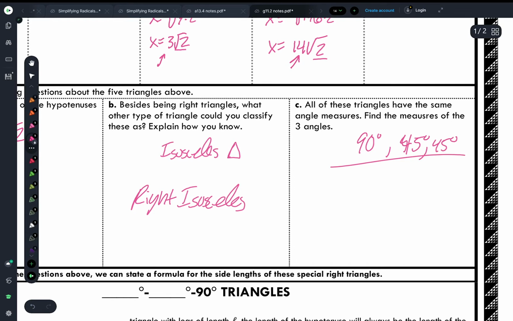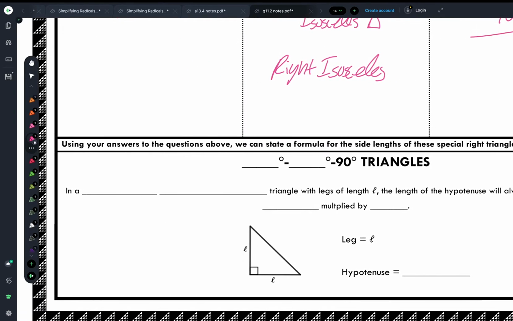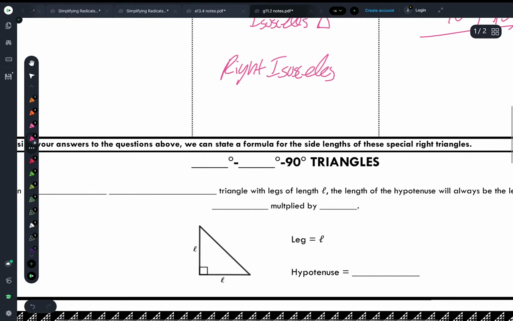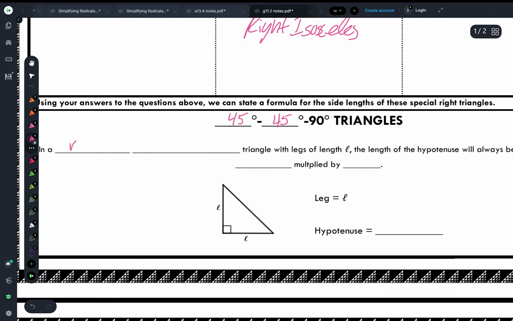All right, this leads us to this down here. It says, using your answers to the questions above, we can state a formula for the side lengths of these special right triangles. We're going to call them 45, 45, 90 triangles based on what their angle measures are. So in a right isosceles triangle, also known as a 45, 45, 90 triangle,